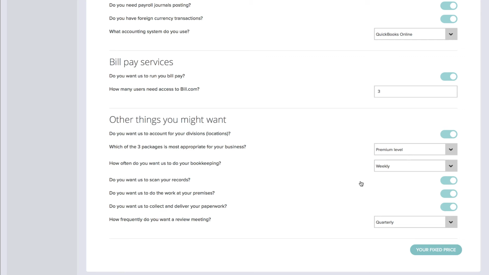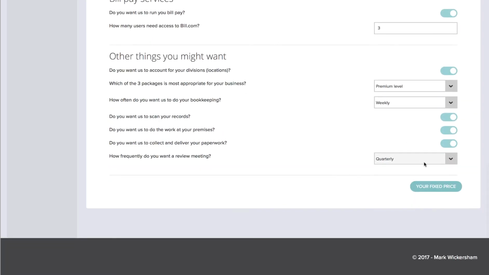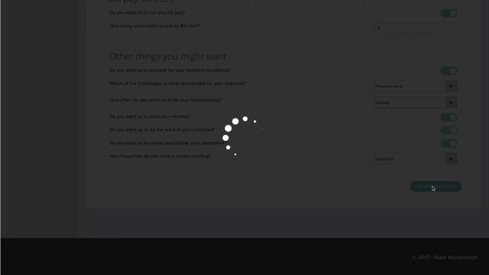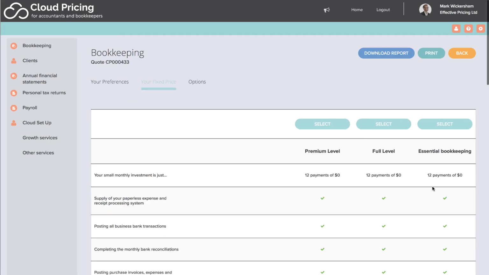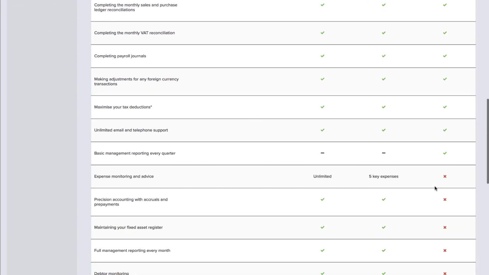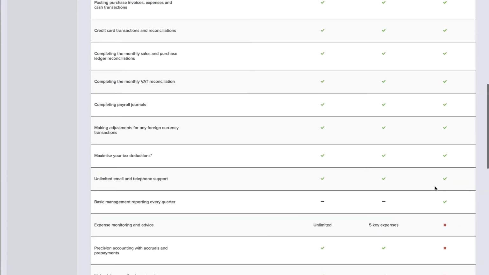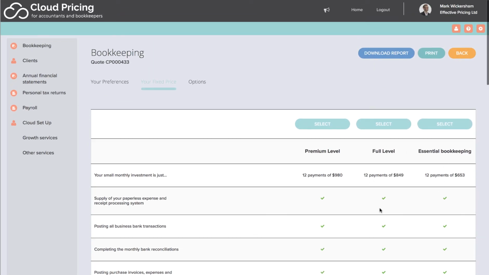And just like we had said before, once you've gone through and asked them their preferences and got the scope identified, we hit your fixed price. It goes away, does the calculations, and presents them with those 3 choices. In this case, 3 choices of bookkeeping now, because we're talking about bookkeeping. And here is a list of things that you might want to build into your 3 levels of bookkeeping, if you like, your bronze, silver, gold. And you can see that we express the price as monthly payments. Let's imagine just for a minute the client wants the premium level, and it's 12 payments of $980, and that's